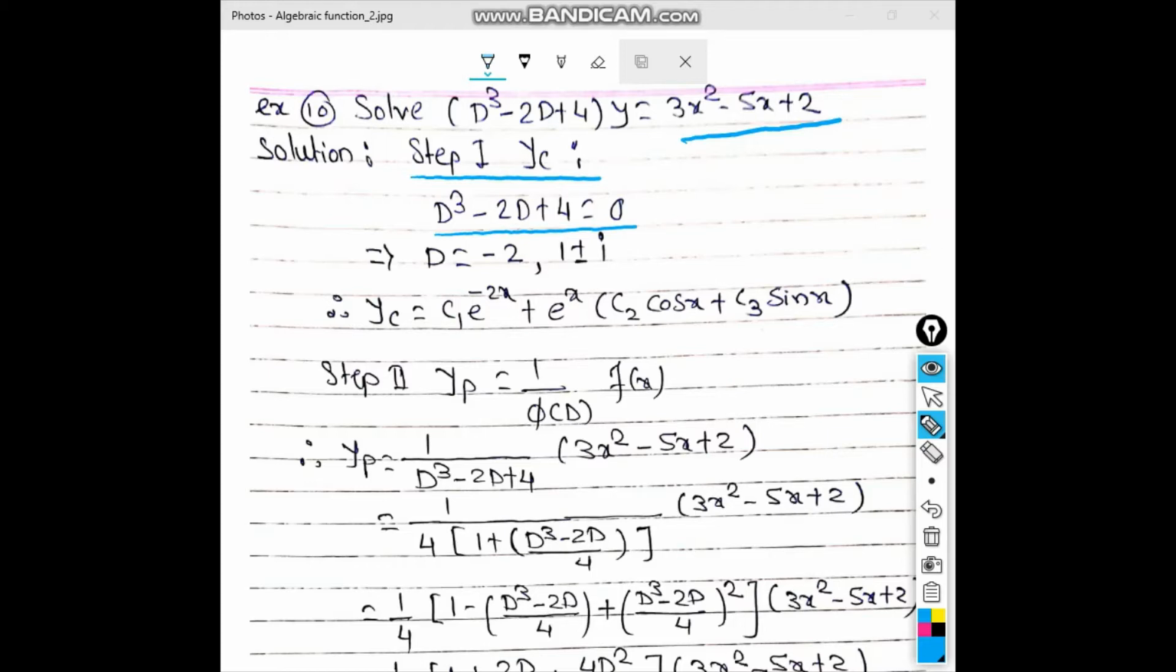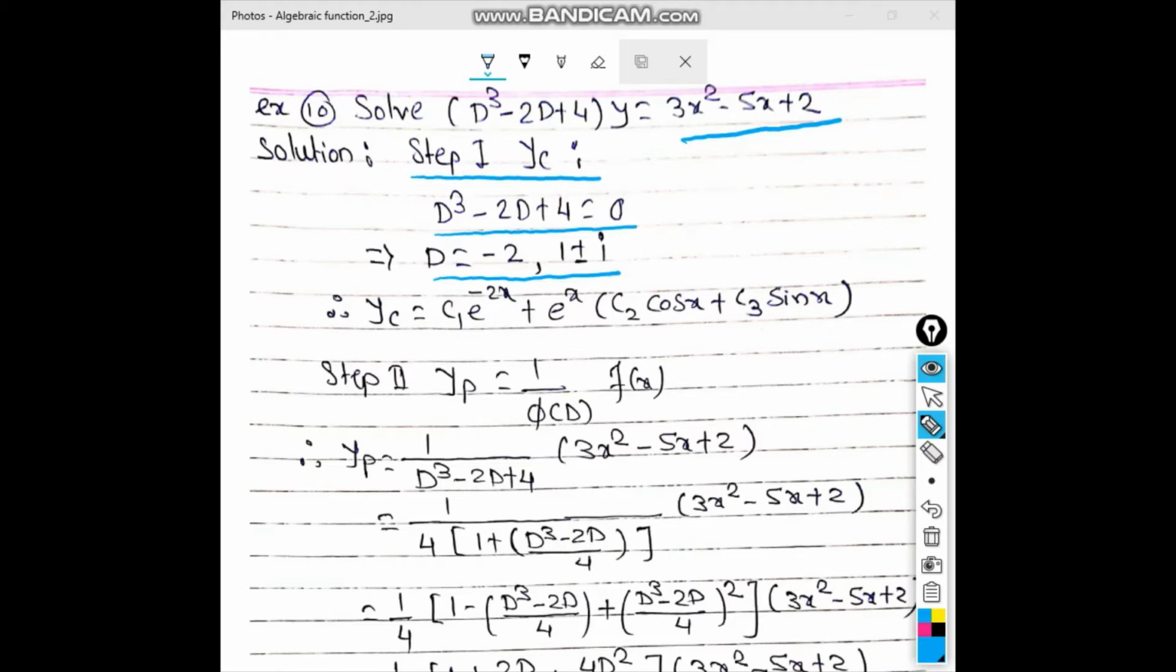We calculated the roots by using the calculator method that we already discussed while finding the complementary function, and we get the roots minus 2 and plus or minus i. Okay, there is an alternative way also, for those who are not